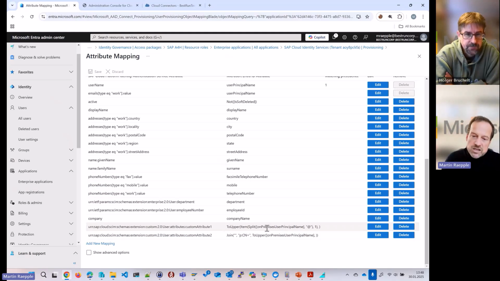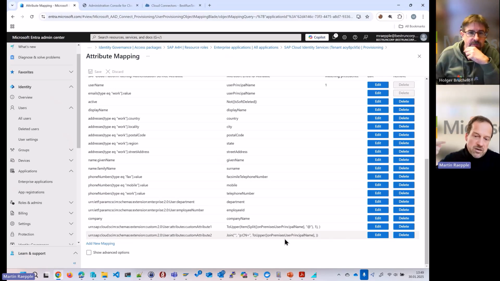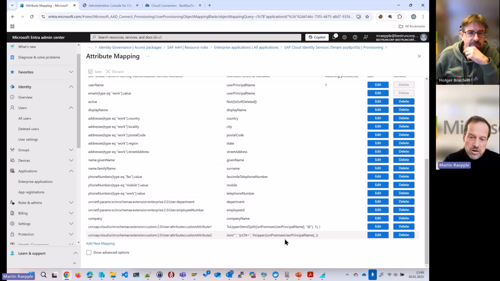This is exactly what's extracted here from that on-premises user principal name and put into uppercase, as usual for an SAP login. This is the first attribute, and the second one constructs the SNC mapping that will be needed for the user to single sign on to the system. We'll take a look at that in the backend as well, right?